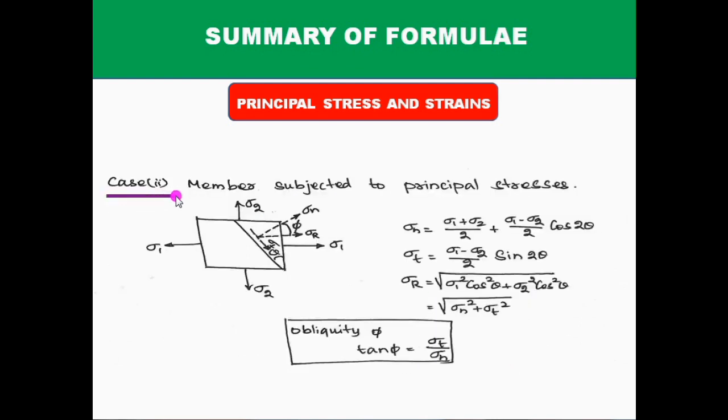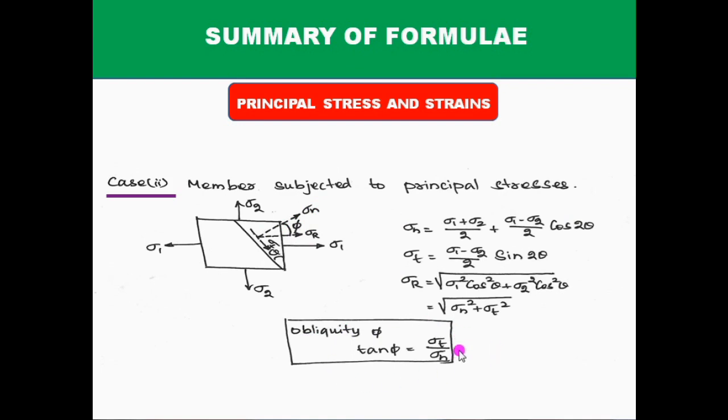Now consider a member or element subjected to maximum principal stress sigma 1 along x direction and minimum principal stress sigma 2 acting along vertical direction. The normal stress sigma n and tangential stress sigma t for a plane inclined at an angle theta with vertical are calculated by using this formula. The angle between the normal stress and the resultant stress, phi, is known as obliquity and it can be calculated